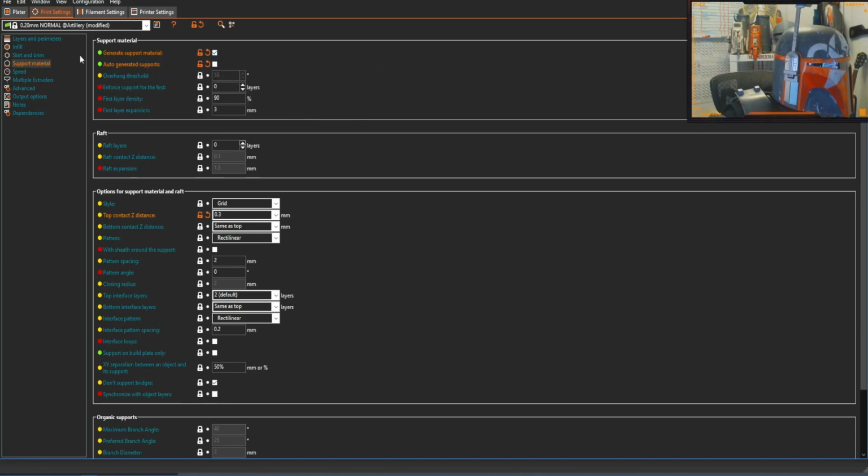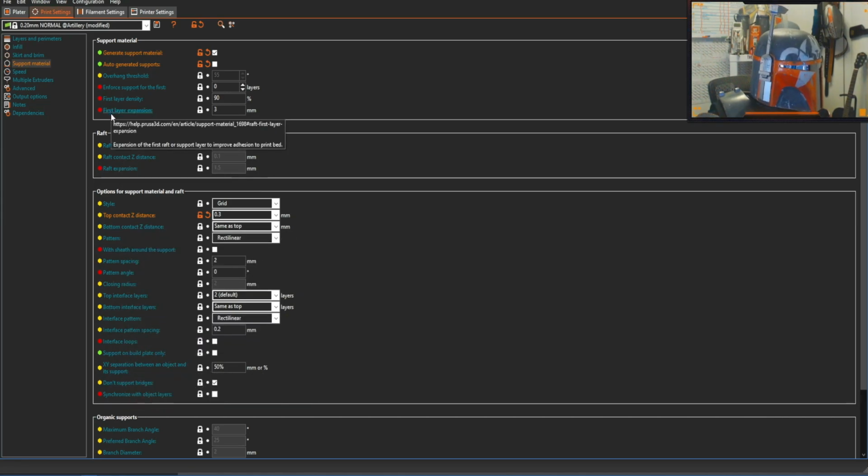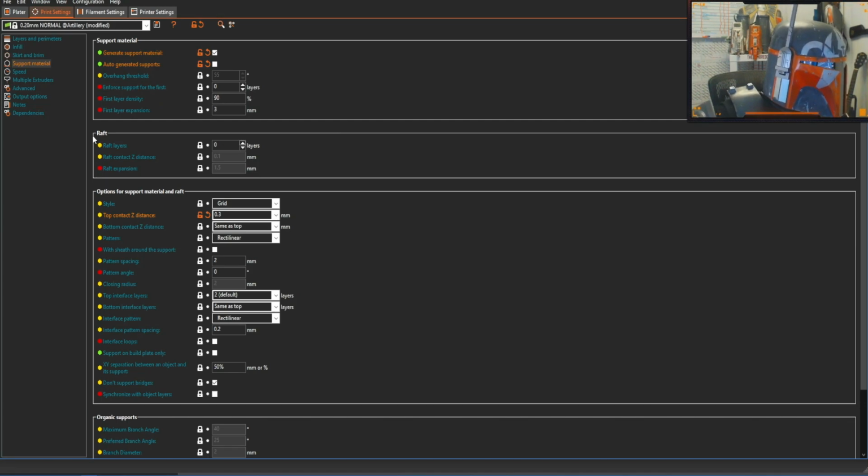Yeah. So are we in advanced? We're in expert, so that setting should be available. And it's not. So there's three different modes here in PrusaSlicer, by the way. And also Orca Slicer has the same thing. So you have a simple, an advanced, and an expert. The ones that are colored yellow are for advanced. Anything that's red is an expert level. And anything else is going to be just a very basic setting that's in the simple version. And for most people, that might be exactly what they need. If you really want to get in and fool around with stuff, then